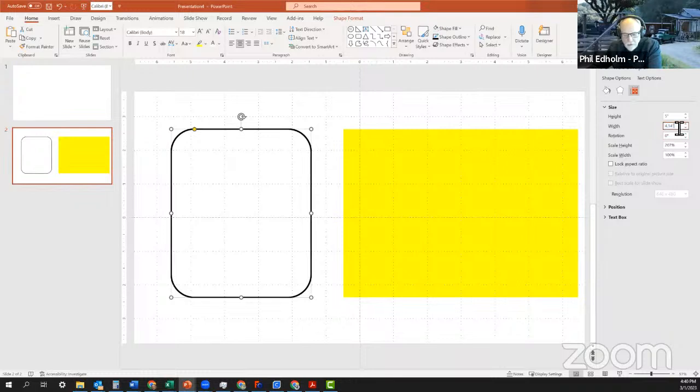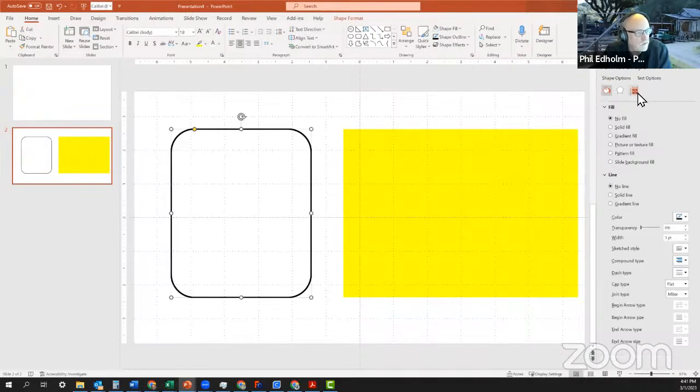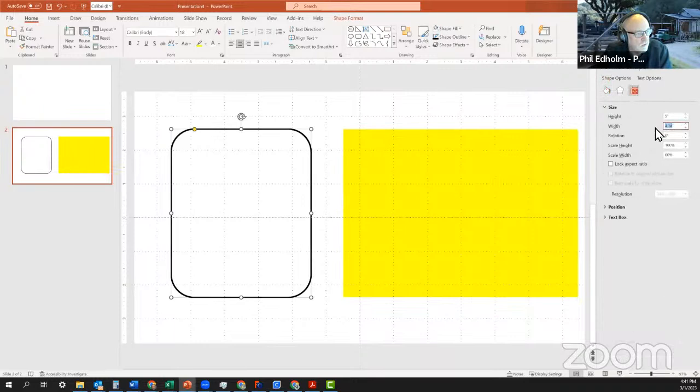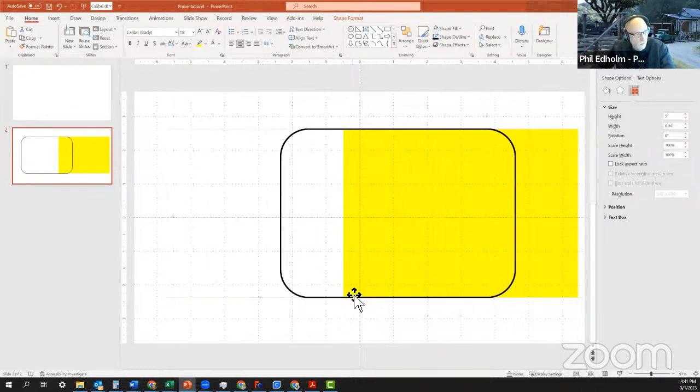inches. And now when I hit the carriage return, oh, it didn't put it in. Oh, well, let me go back over here, 6.94. I must not have done it right. And now I'm going to come over here. See, even if you know what you're doing or think you know what you're doing, you make mistakes. There we go. So now these are exactly the same size,